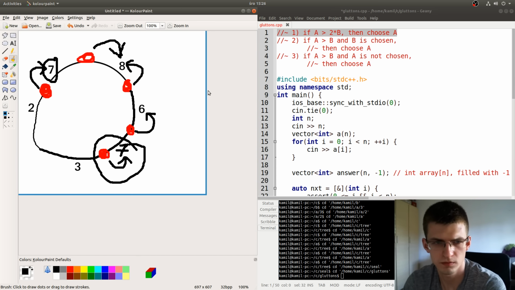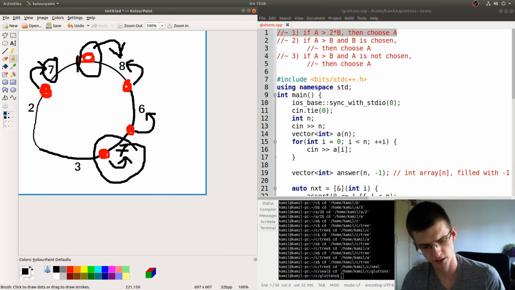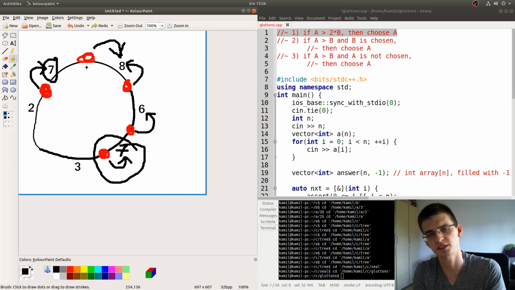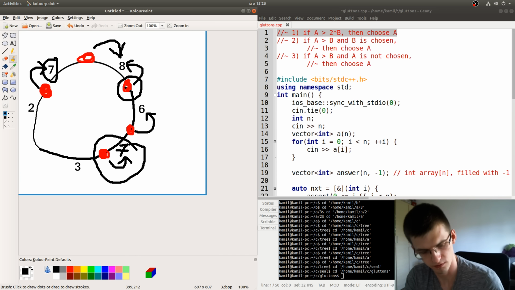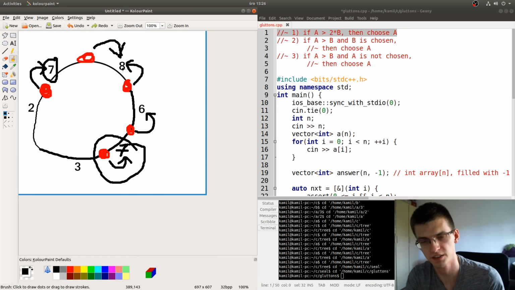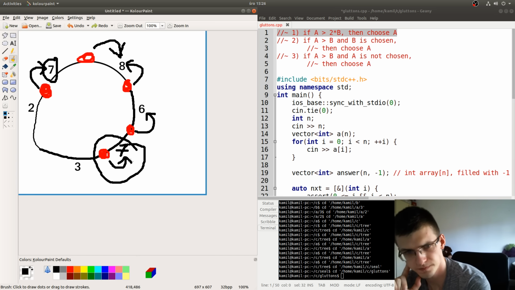So right now this guy shouldn't change a decision because each of the adjacent cakes is already taken by some neighbor, so he takes a bigger value. Okay, this guy has the same situation. Both neighbors are taken, both cakes are taken, so he chooses the bigger value. And for this guy, he chooses a cake that is not taken, so he gets a whole 6, while otherwise he would get 3.5. So this scenario is valid. So what happened here?